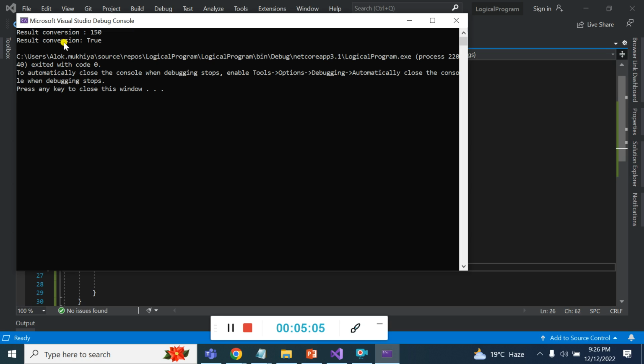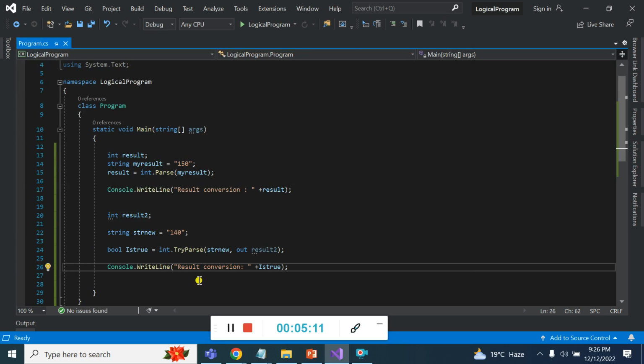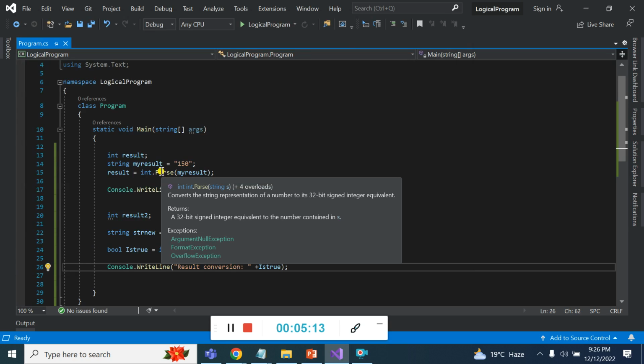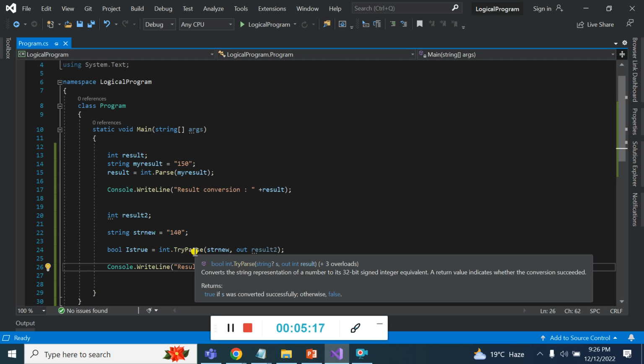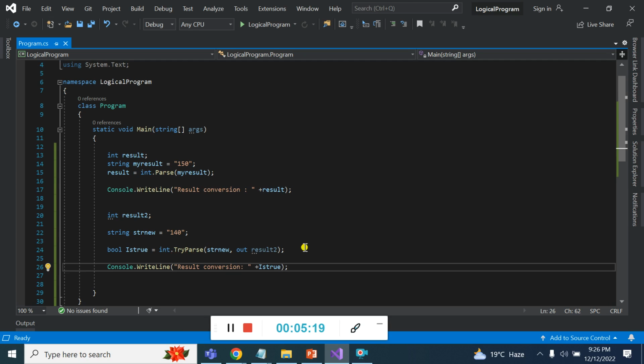Here you can see 150 and true. So you can see the big difference: int.Parse returns an integer value, and int.TryParse returns a boolean value, right? And I will show you one more difference between them.